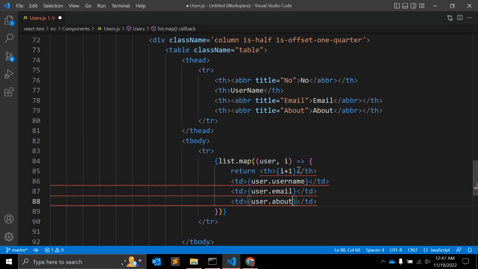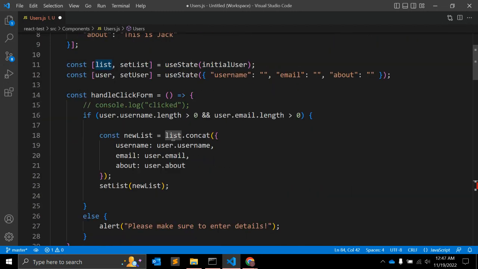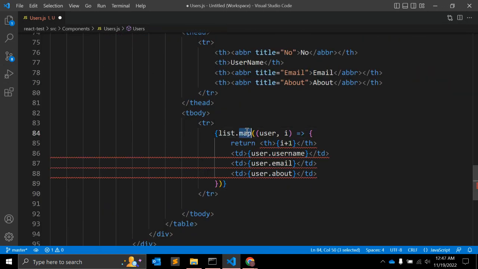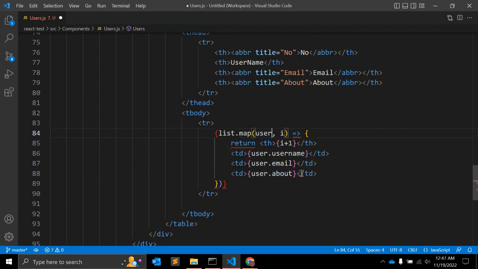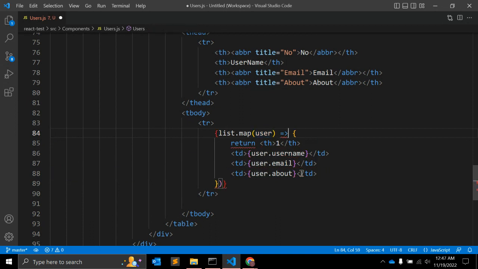Okay, so now there is something wrong with this syntax. So list, this is fine, the list variable is fine. Yeah, list.map, it will loop through all the list variables. The user, let me remove this for now. Okay, so using the map function we can do user, and in,